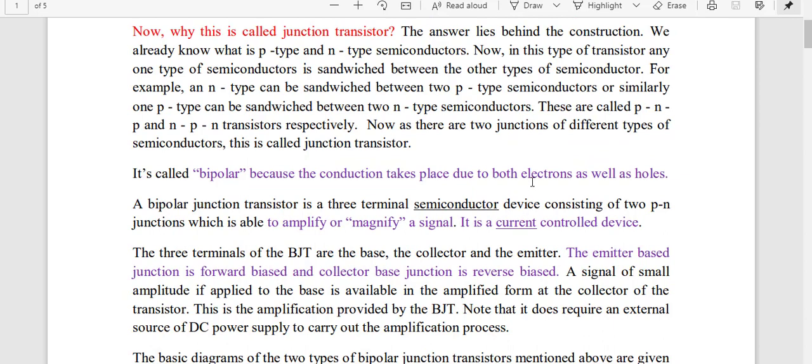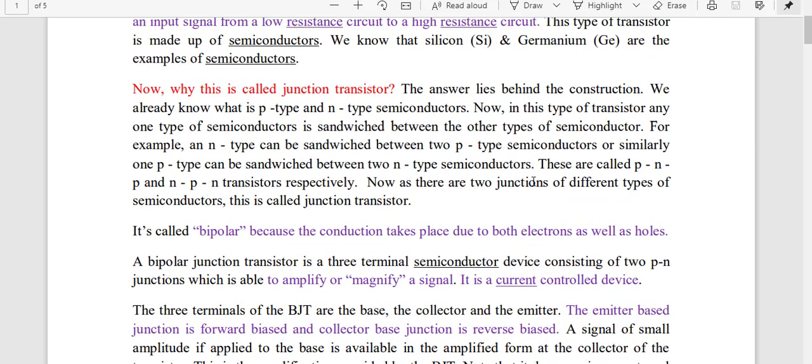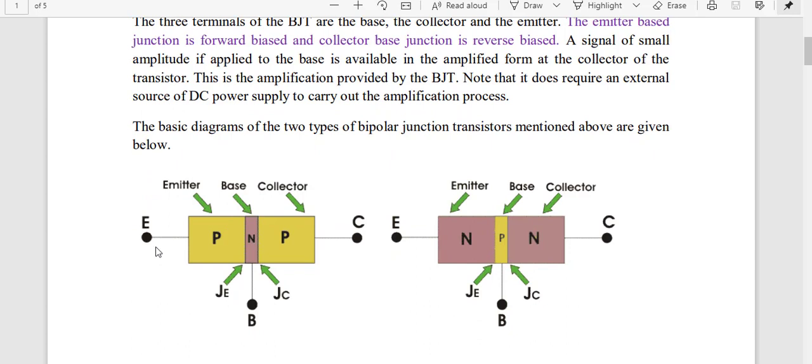Okay. Now in case of BJT, basically BJT has three terminals. Here you can see one terminal is the emitter, another terminal is the base, and the other terminal is C, that means collector. So BJT is a three terminal device, which are known as emitter, base, collector, and all these points are very important for your multiple choice questions. That means why the name is bipolar, why it is transistor, why junction, and what the terminals of BJT are.